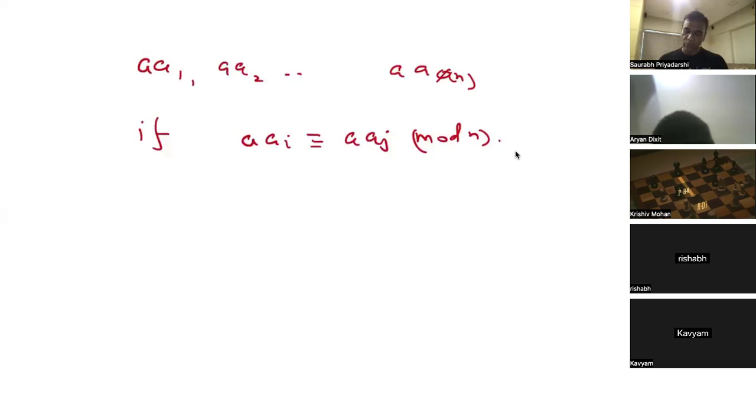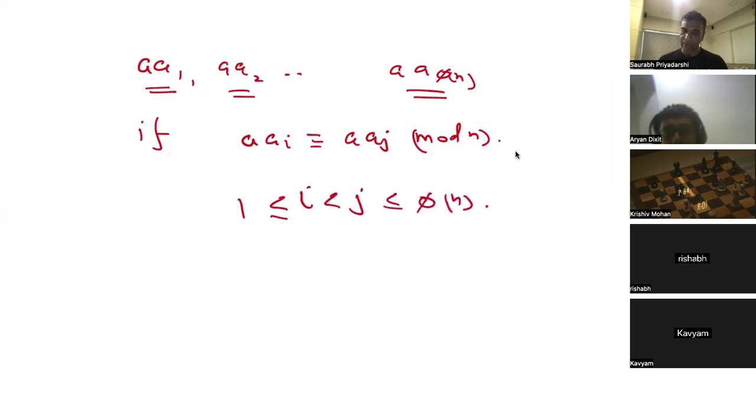I took any two of a1, a2 up to a phi n, right? And for congruent modulo n, I'm saying ai is congruent to aj mod n, where i is some value less than j or phi n, right? So if I cancel out both sides, ai is congruent to aj mod n,